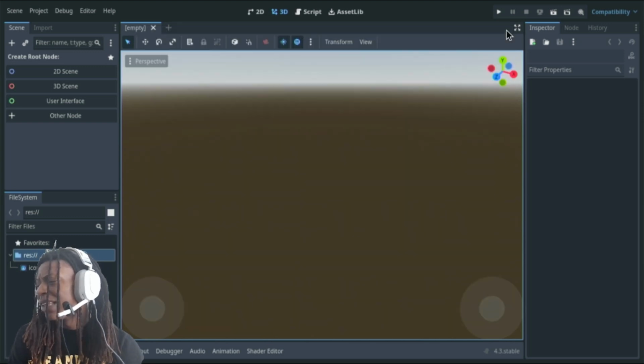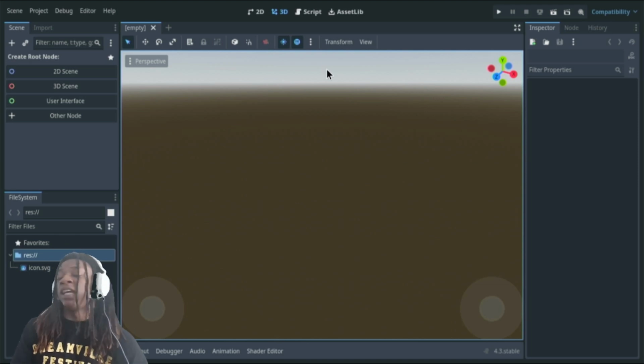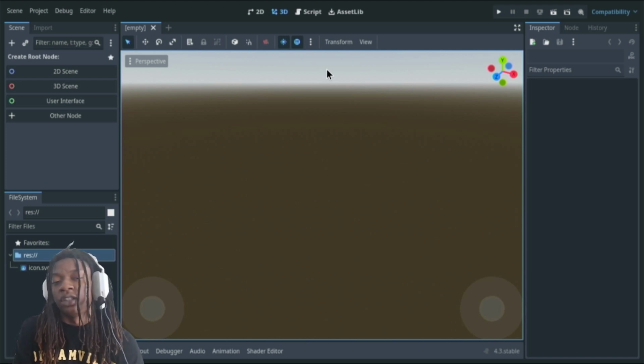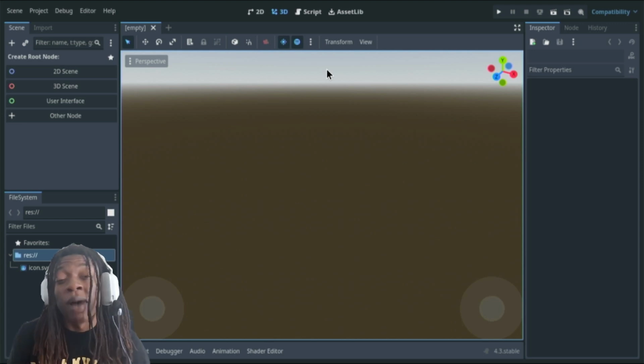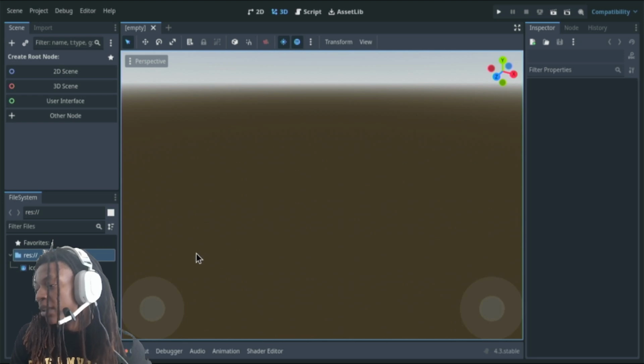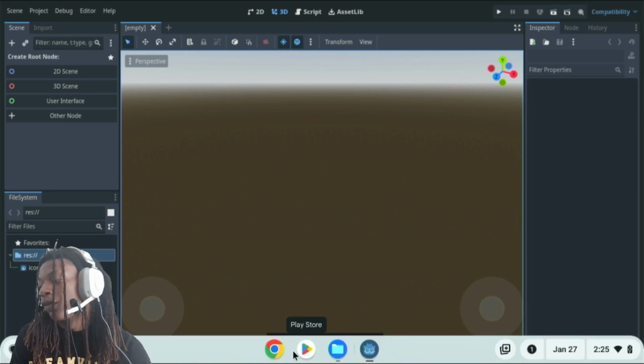Other than that, the last thing that I want to show you is how to get a picture inside of your game. That's something that's going to be a little bit different on the Chromebook version. There are good ways if you just look up how to, hey, you're on my video, so actually I'm not even going to tell you how to look up something. We're already here. So basically what we're going to do is we're going to go to files